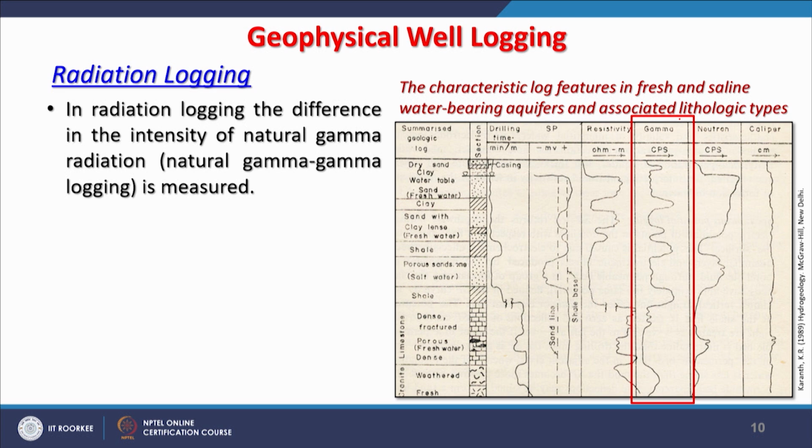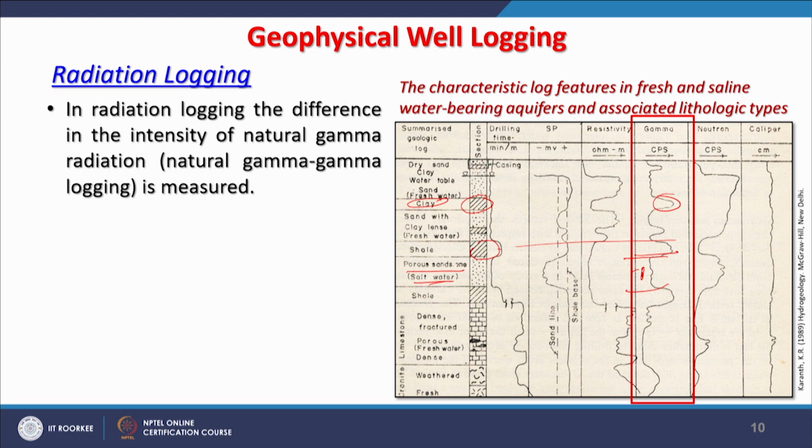And if I just compare, they see that natural gamma radiation in the case of shale is higher, and similarly when we encounter another shale patch or shale layer, we again get a higher reading, but when we get the porous sandstone with salt water, it is lower in this part. So, the natural gamma logging is also affected by the lithology,